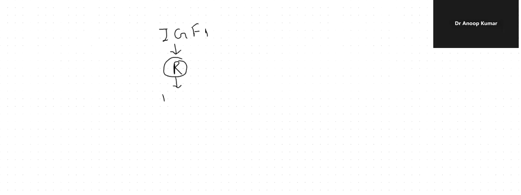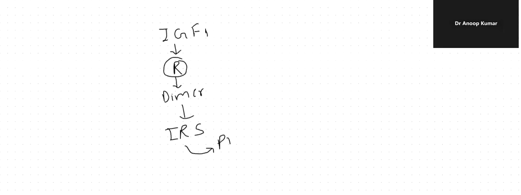Dimer is the active state. Then it results in the phosphorylation of tyrosine residues. Tyrosine residues are in the intracellular domain. So IRS, the insulin receptor substrate, is going to bind with its site. Then this IRS is going to activate